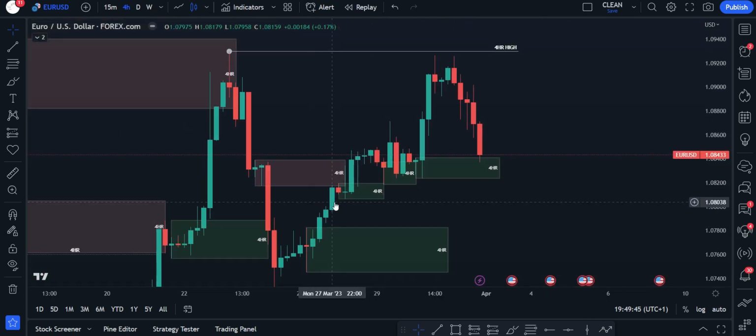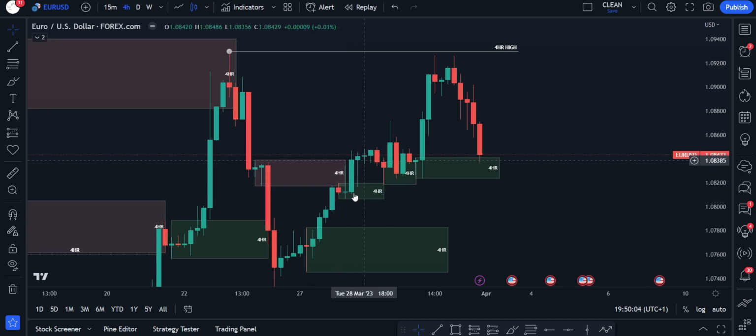You can see this is the movement, the price moving, and we tapped into this 4 hour supply. Price pulled back a little bit, and then we had this big bullish candle. And that means that this is a flip. So we flipped that 4 hour supply, and we've had price push into it, rejected a little bit, and then